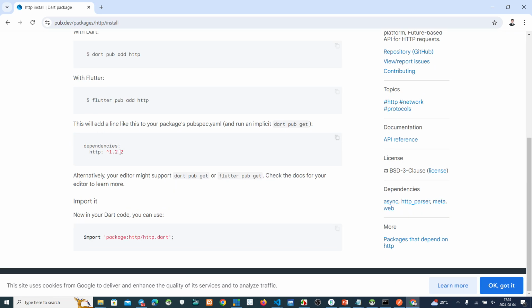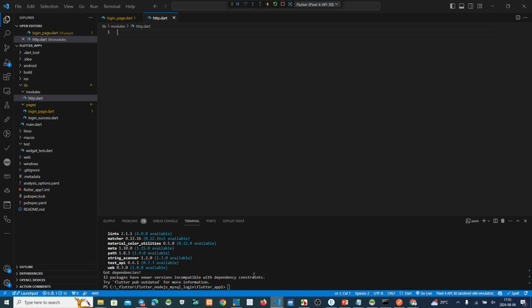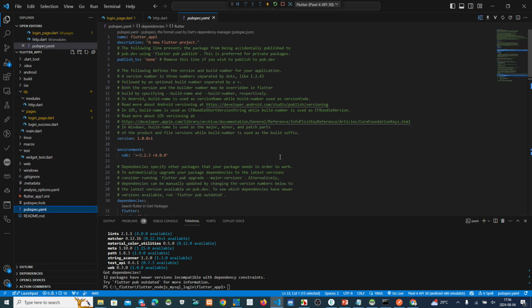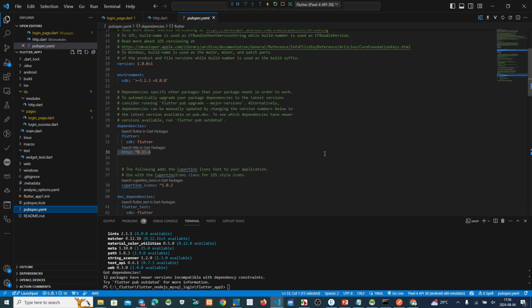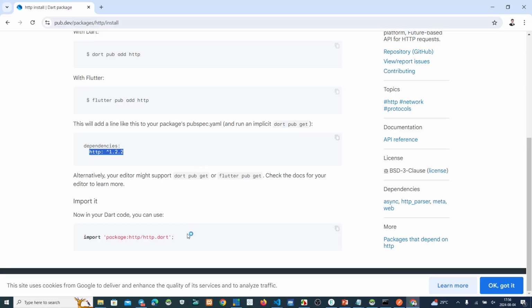Okay, this is dependencies. Copy to your script. Copy. Okay, you see this one. Oh, okay, this one. We have copied this. Okay, and then copy this.